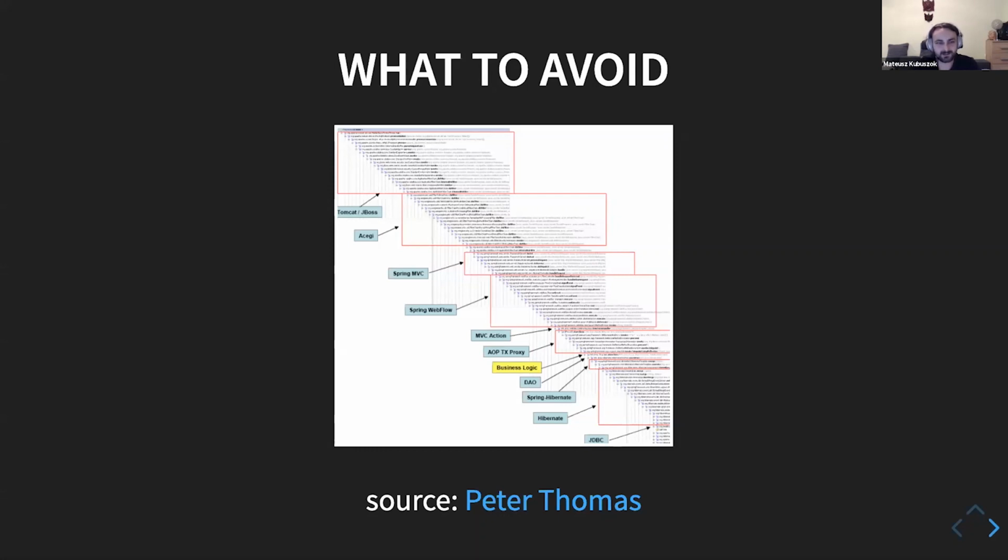Especially if there are some reflections on the way, which always make things extra hard for a compiler. So yeah, it's pretty slow. What we want to avoid. We want code that is easy to understand, but also easy to comprehend by the JVM. This picture was published by Peter Thomas some time ago, and it is quite a meme amongst some people.